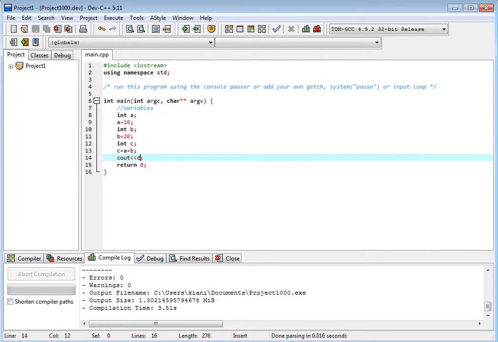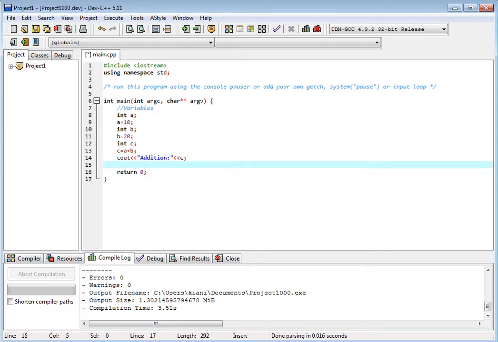Okay, now if we have, for example, we write addition. Addition is less than c, and we want to change it to like this: a, b, and c in one line declaration. And we should remove this line, means comment this line, single line comment. We should comment this line, and this is simple, right?